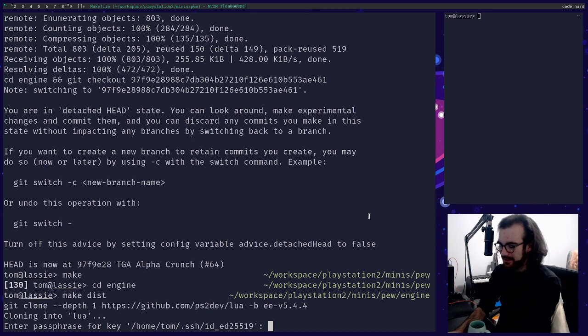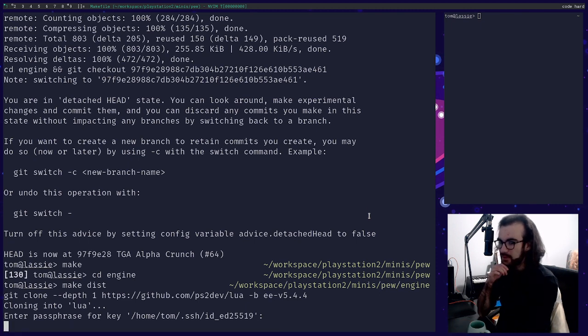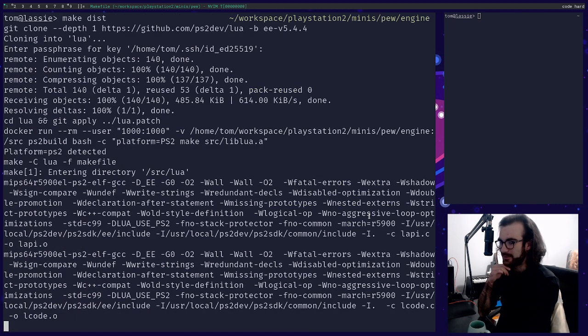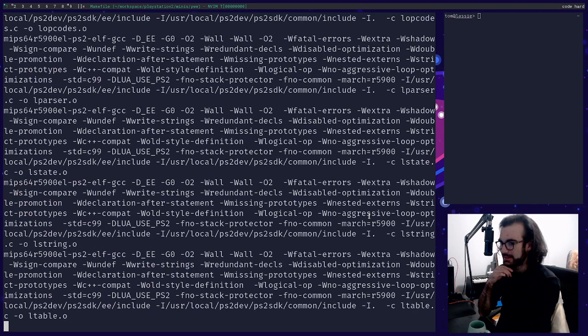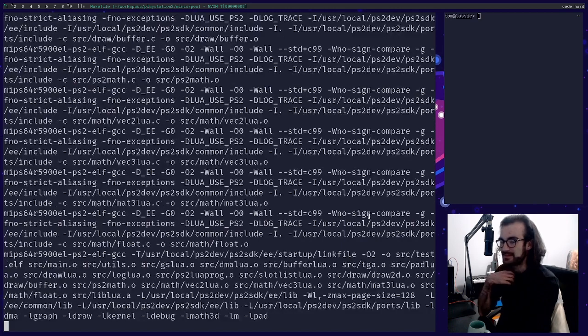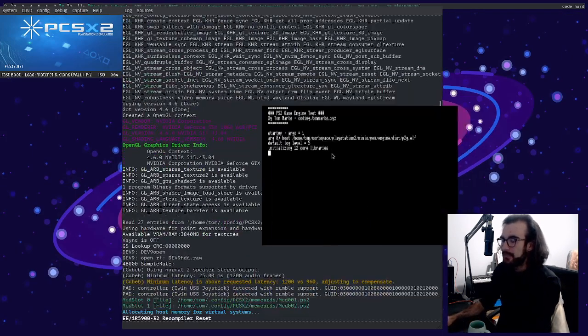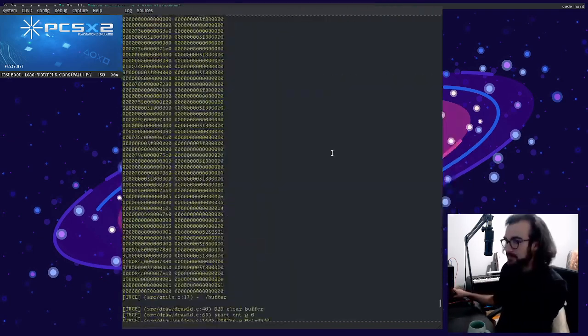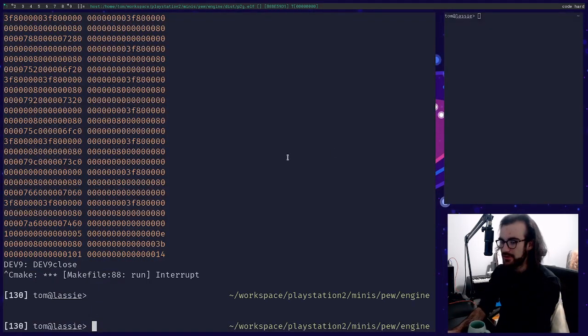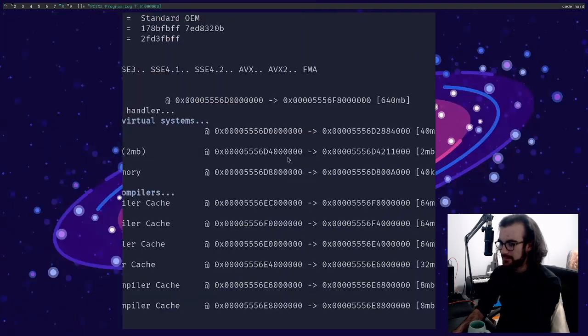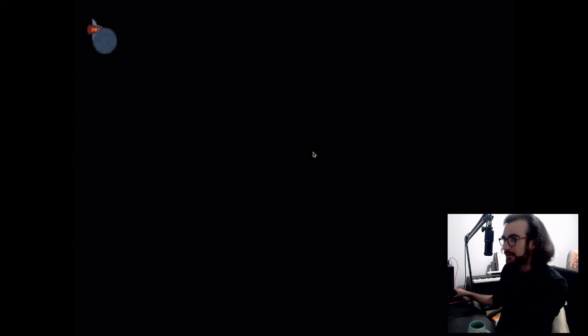Oh yeah, we've got to make Lua now. It's very exciting. We roll our own Lua. It makes the first compile take like 10 times longer, but the rest of it's still pretty short, so that's okay. And let's do it. Sure, that was the example. Okay, now let's do it for real.